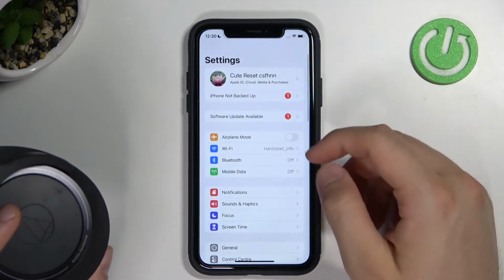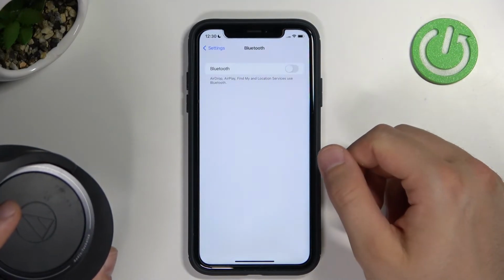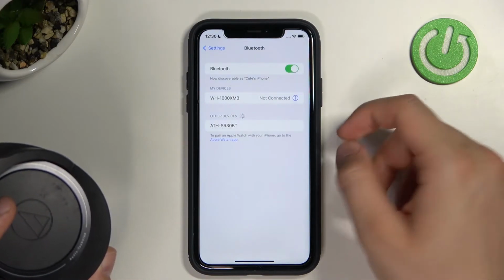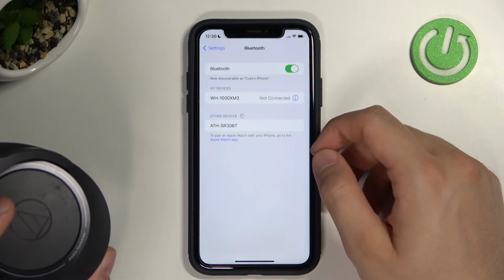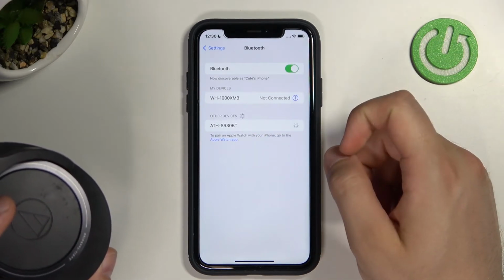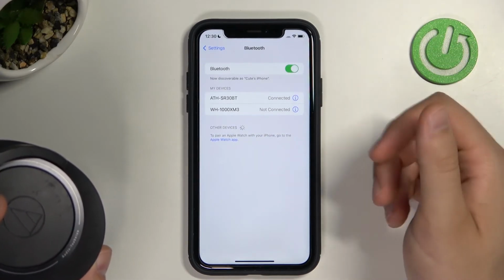go to the settings, tap on the Bluetooth on your iPhone, enable Bluetooth by tapping on the switcher, and take a look at the other devices list. As you can see, here it is, so we can just simply tap once, and right now we are